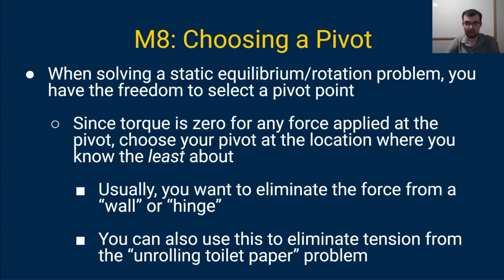Because whatever point you pivot around, all of the torques are automatically zero because there's no lever arm. If torque is R cross F and you have no R, then there's zero torque. So most commonly, this is used to eliminate that annoying hinge force or the wall force on those static beam questions. But this is also a really clever way to solve for a rolling object on an incline,